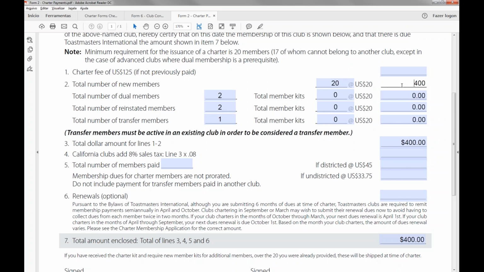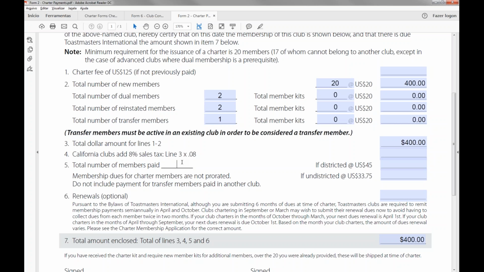And here, yes, you need to just do a click, it automatically updates, and that's what we need to pay for the new members. Secondly, we also need to pay the membership dues, and when we are chartering a club independently, the month where we are chartering, Toastmasters International will charge us the 6 months period, and then they are going to adjust